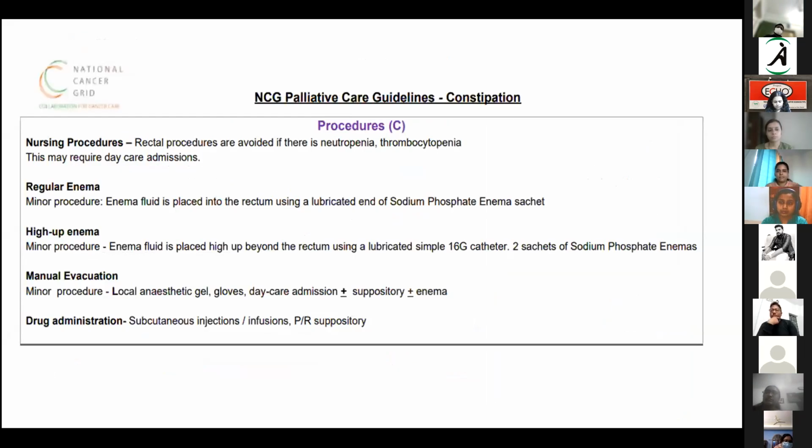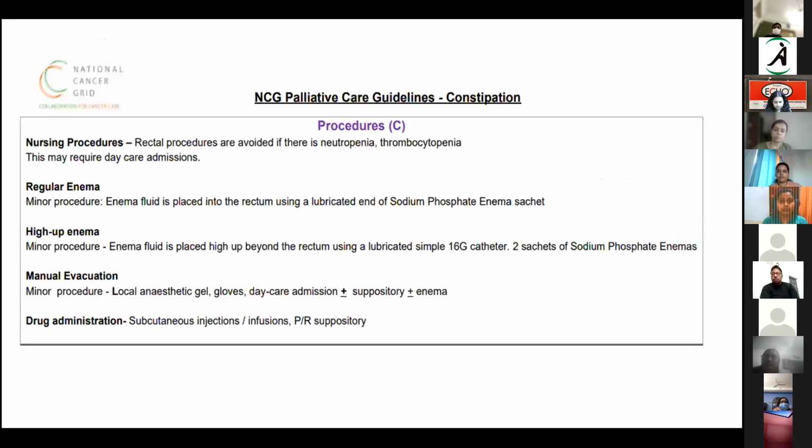The other procedures that I mentioned earlier, there are various ways we can help in managing patients who are having fecal impaction, or where you want to consider giving enemas. Now we come across a lot of cases in the pediatric population where they are neutropenic, especially all the leukemia patients. They are on protocols which contain vincristine, vinblastine. Now, vincristine, vinblastine is known to cause side effects like severe constipation because it affects the myenteric nerve plexus.